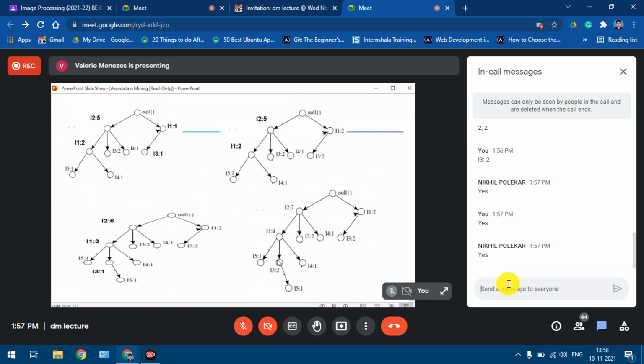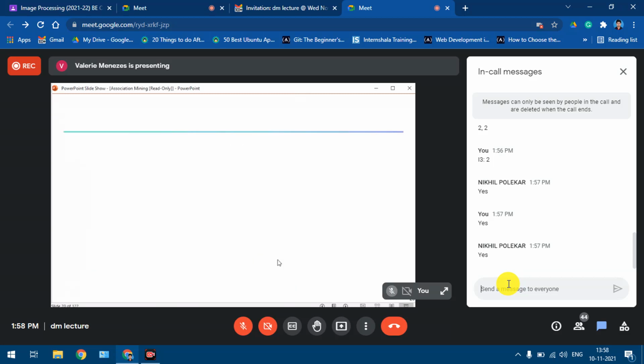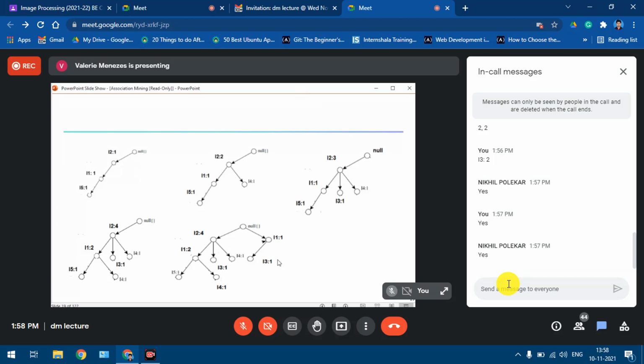Now students, just note down these steps first. Have you taken down the diagrams step by step? No, so just take it down. Once you have finished both the two slides, then I will go to the next part. Please take down the contents which are there on this slide.